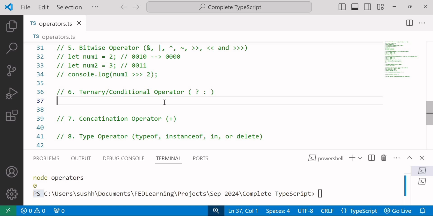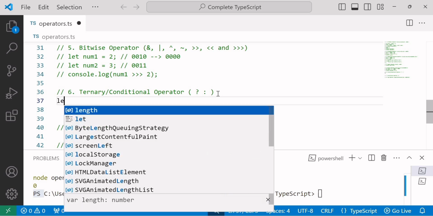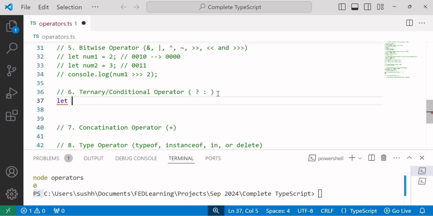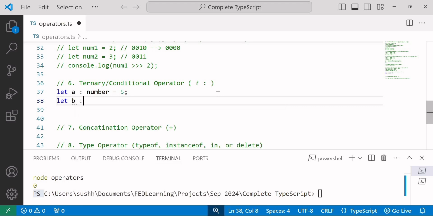While learning control flow statements, we have already seen how the if-else statement works. Here, the ternary operator enables the simplification of an if-else block, reducing multiple lines of code to a single line. First I'll write an example using an if-else block, and after that we will write the same example using the ternary operator. For that, I'll declare one variable with name A of type number equals 5. And after that, I'll declare one more variable with name B of type number, and I'll not assign any value